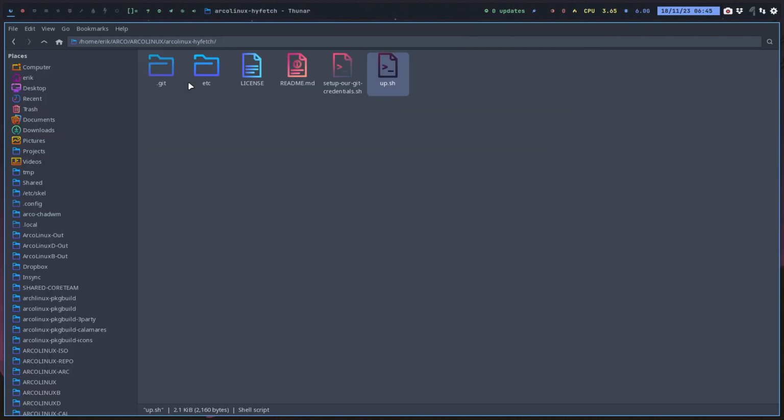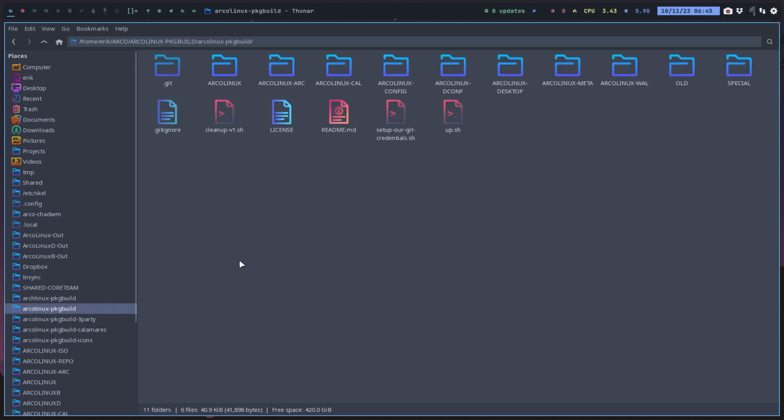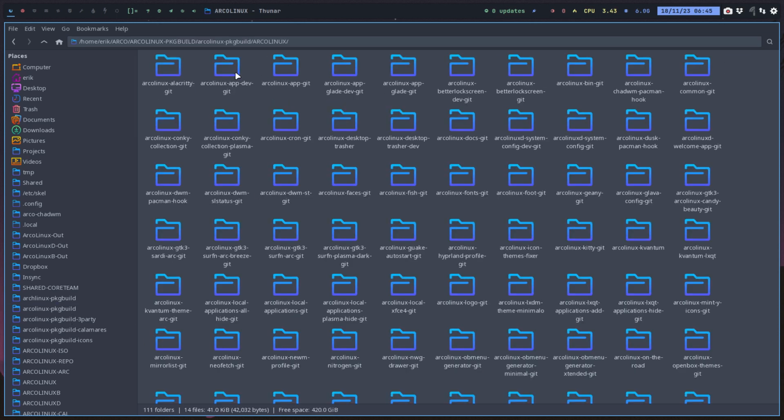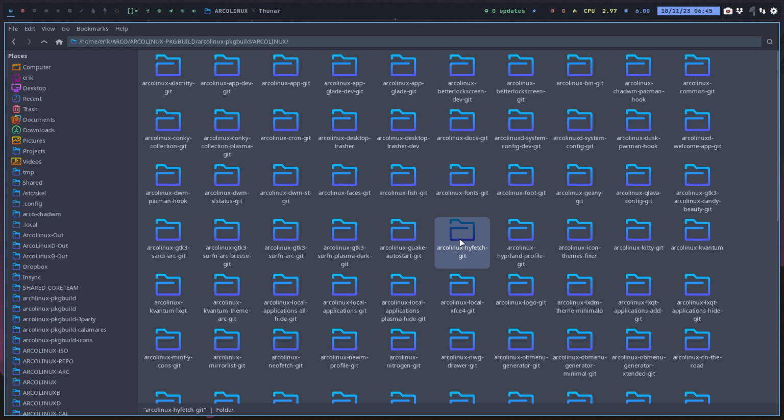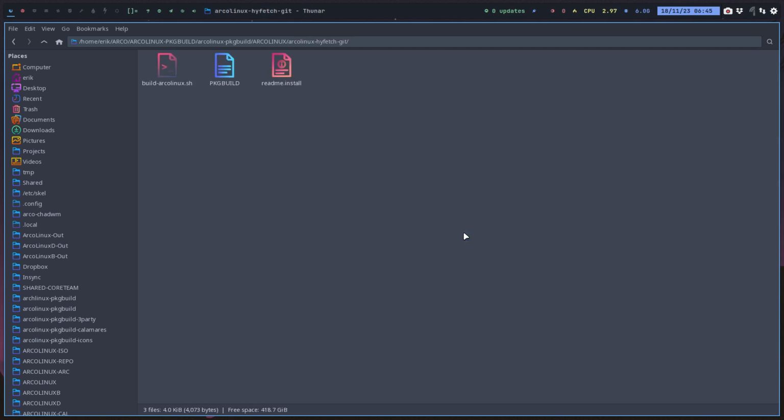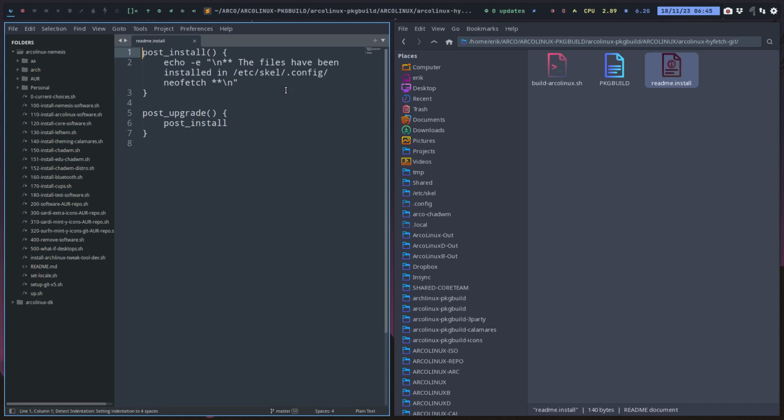That's that. If that's online, I need to build it. ArcoLinux package build. Why not NeoFetch? Once you decide to use something that already exists and then change it to Hyfetch, the name is always with git, because it comes from Git. So arcolinux-hyfetch-git is now a folder, but not yet a package name, right? But first, I always forget this, so I'm going to do this first. Readme install. So the NeoFetch is gone, and